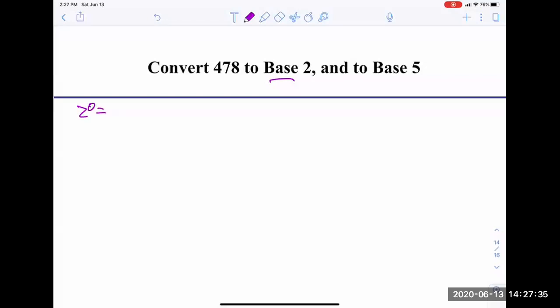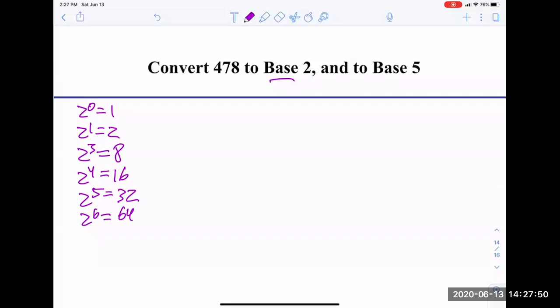I need 2 to the 0 is 1. I need all my place values in base 2. Notice I'm just doubling here for each one. And I'm going up until I get one that does not divide into 478. 2 to the 8th is 256. Looks like I gotta go one more. 2 to the 9th is 512. Okay, so I don't need 2 to the 9th. But my 2 to the 8th, my 256,